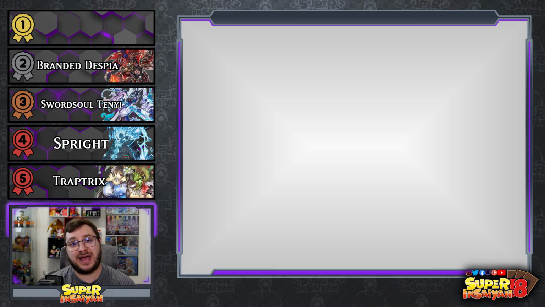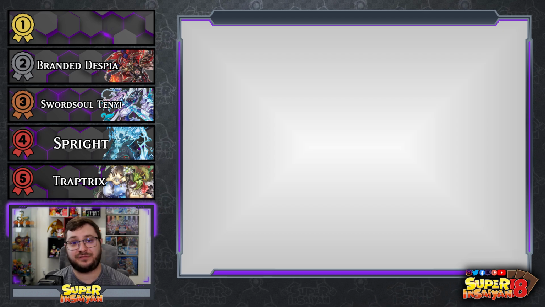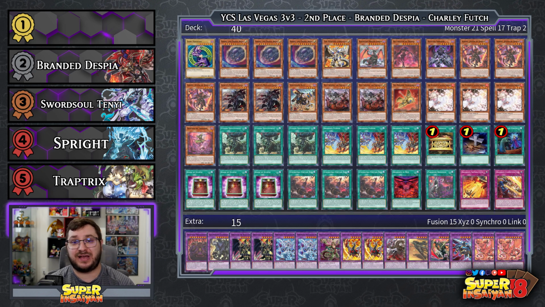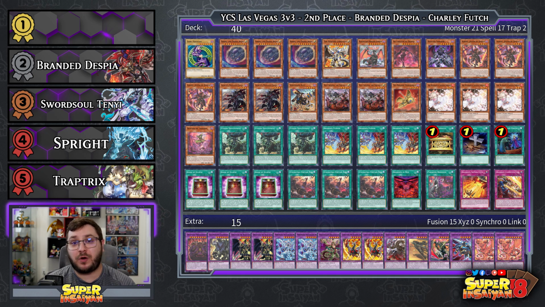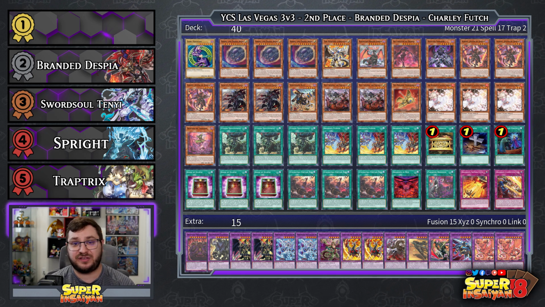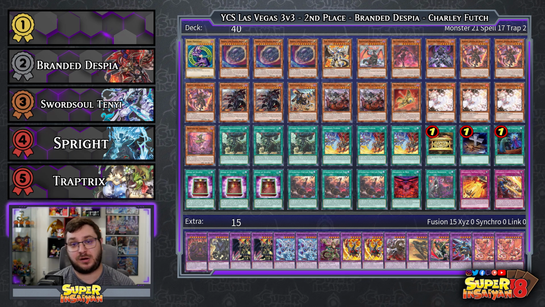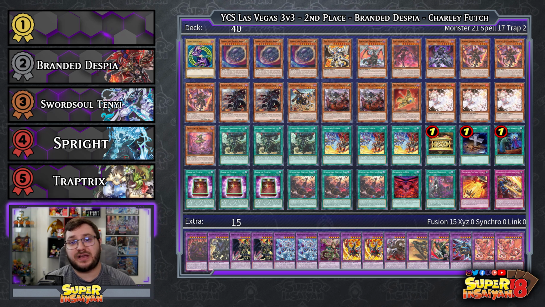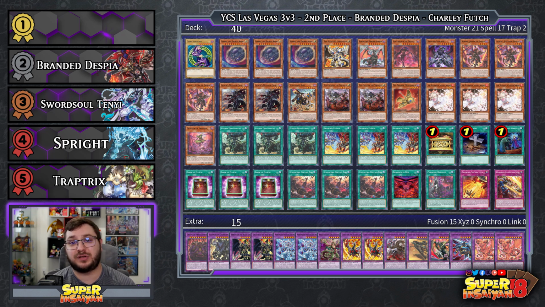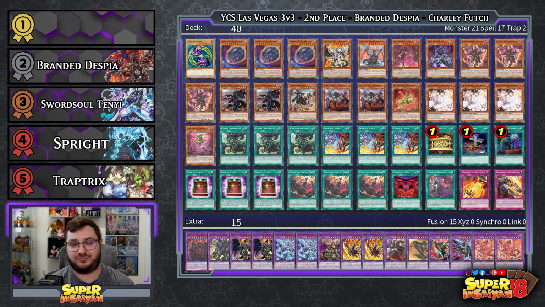And because of that and how horribly this deck loses when you do something like Ash their copy of Branded Fusion, I just can't respect that this deck is as high as it is. But with over 16,000 plays and a 53% win rate, it does take the second slot, so you have to take that with a grain of salt. The build that you're seeing on screen, it's probably been on screen for a while now, is the second place YCS build. I believe it was piloted by Charlie Futch, as well as one of his other teammates,